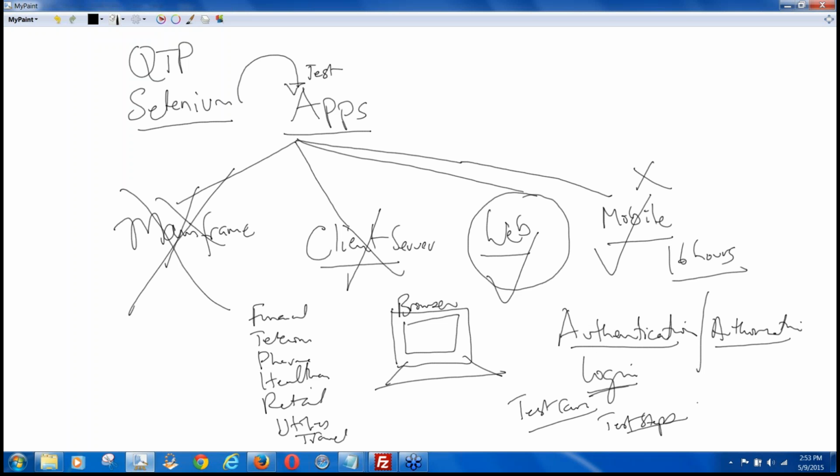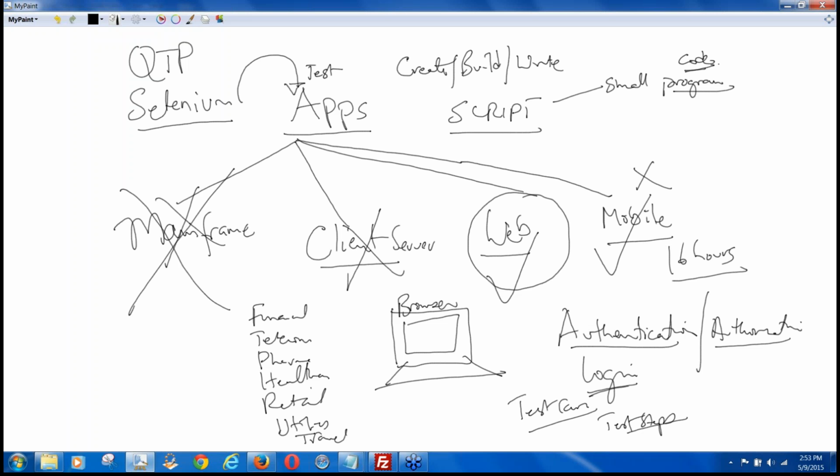In automation, you have to create, or build, or write a script. What is a script? A script is nothing but a very small program. Program means that you will be using code. You will be using some language